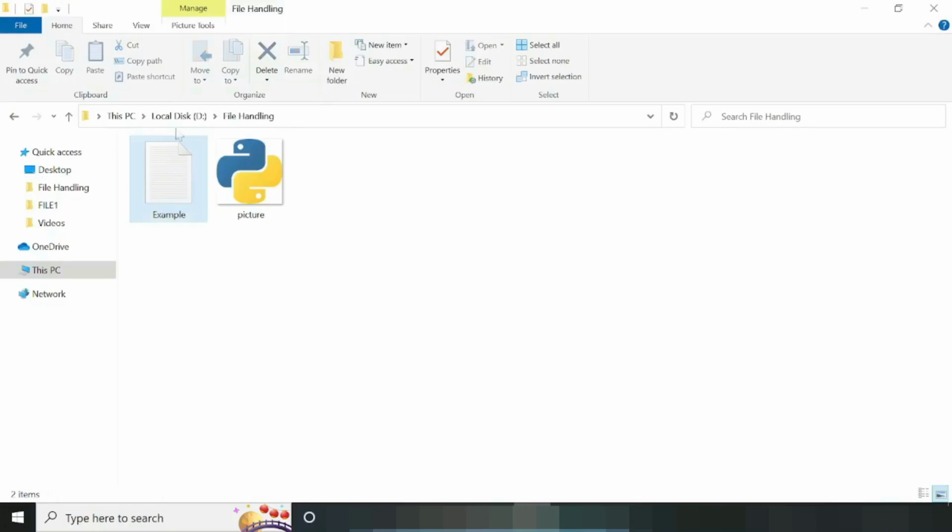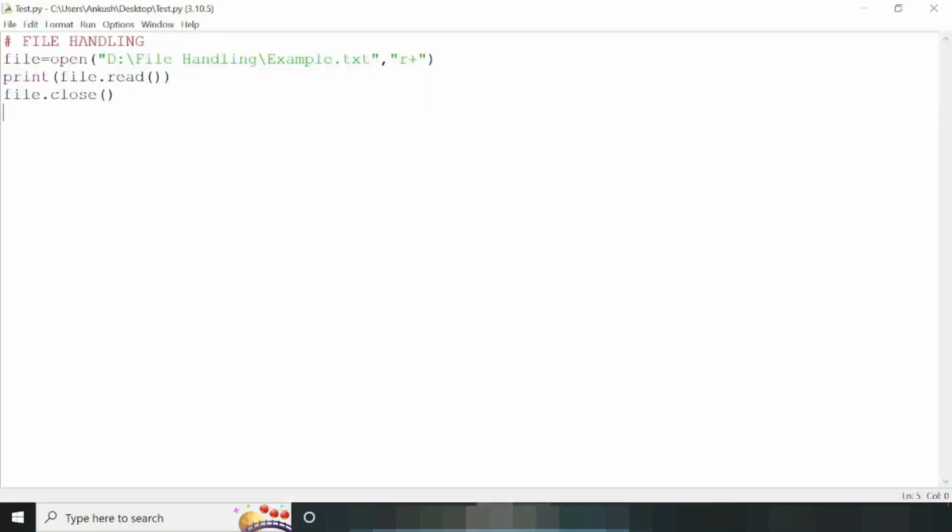Now here note that in that particular folder we have only example, we don't have any text file named example1 or example2, something like that. And in our program I'm going to open a new file, that is example1, in write mode like this. And then I want to write here like new file is created